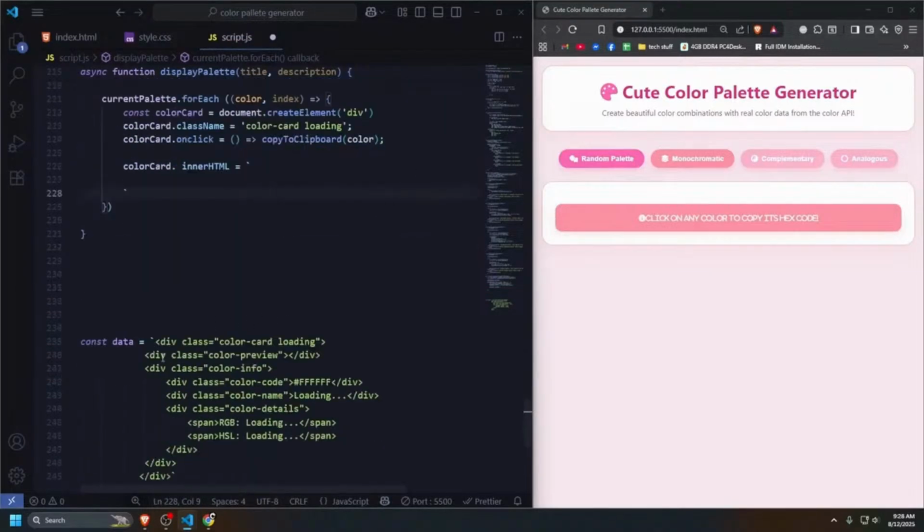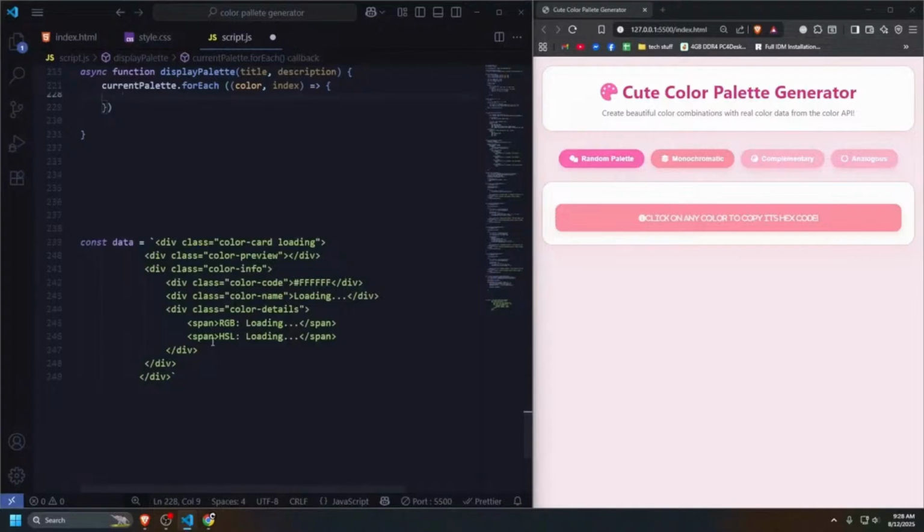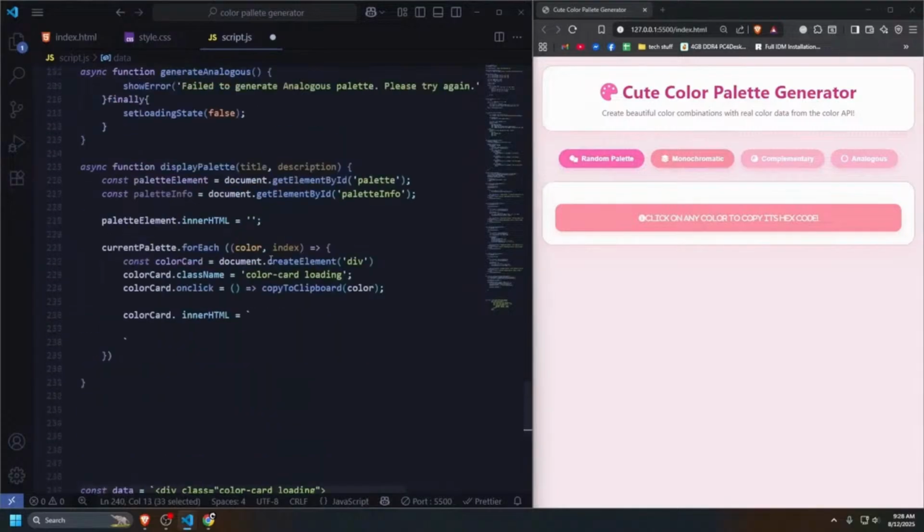So here I don't need from the thing, but what I do need is the color from the color preview. So first I need to check the color preview, and you copy that and paste it right here. That's the color preview. I need to style it a little bit, so I'm just gonna do style. Now inside the style, I'm just gonna do background and set the background color to that specific color,